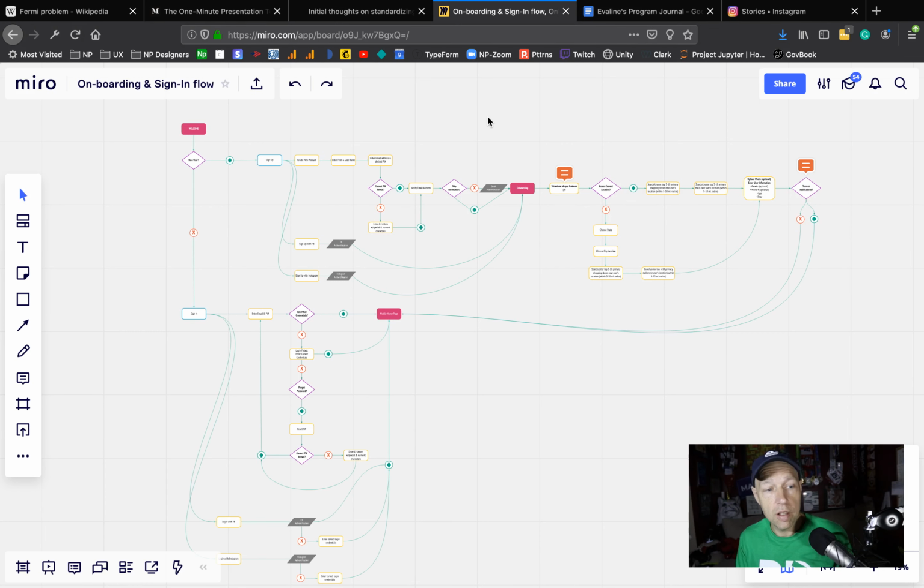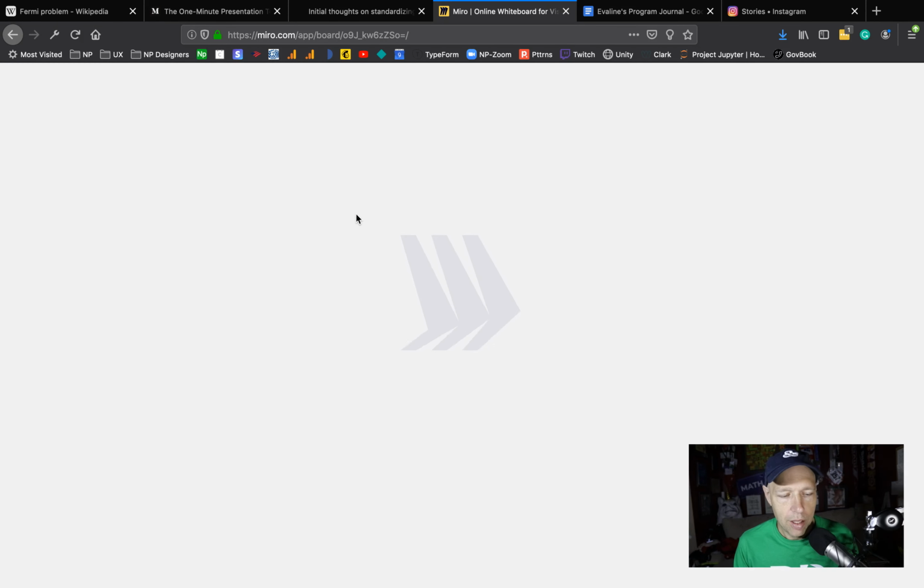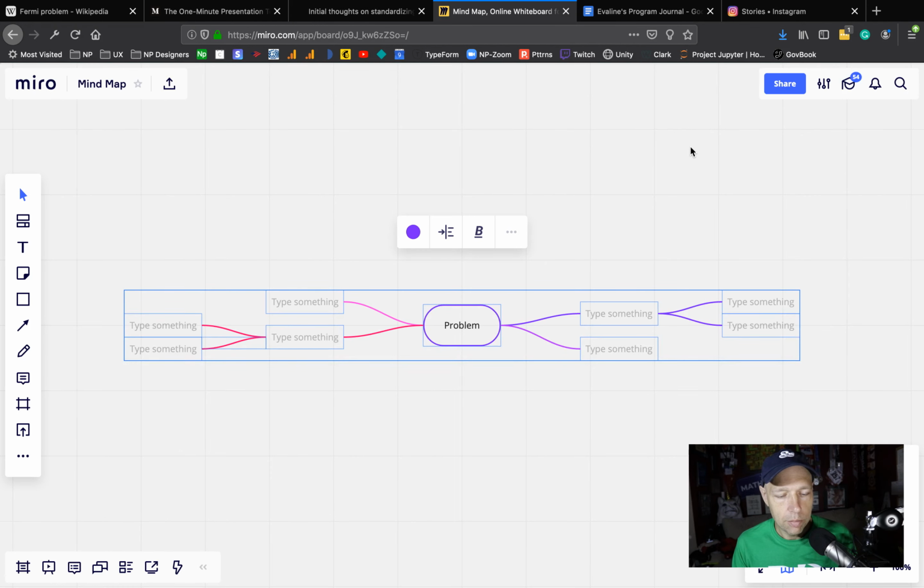But that's Jeremy's onboarding flow, and that's Miro. If you've ever seen it, you can get a free account. I think those are the boards. This will actually have user story map framework, agile board, business model canvas, customer journey map, mind map. You get the idea. There's lots of stuff that you can do with Miro. So anyway,